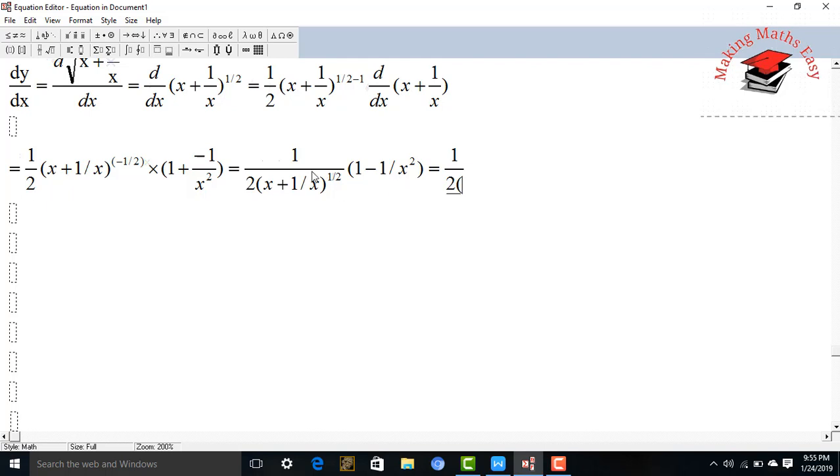into, so this is 1 by x. So x into x gives me x square. So I will write here x square plus 1 by x, not 1 by x, (x square plus 1) raised to 1 by 2, and this x will go in the numerator, which will be square root of x. So it will be 1 into square root of x